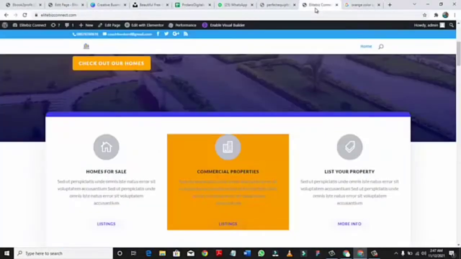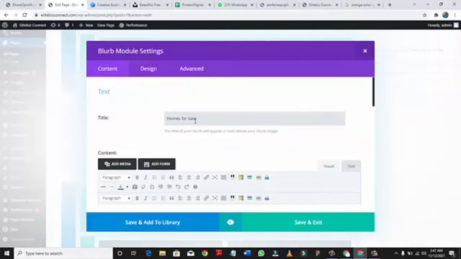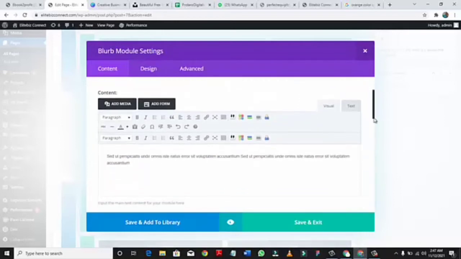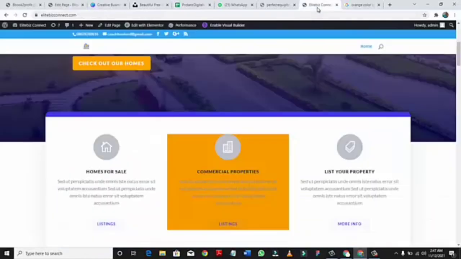Home for sale, commercial property, list your property. Home for sale, commercial property, home for rent, rental services. Okay, let's leave this as home for sale. Then let's come down. The second thing we want to edit here is